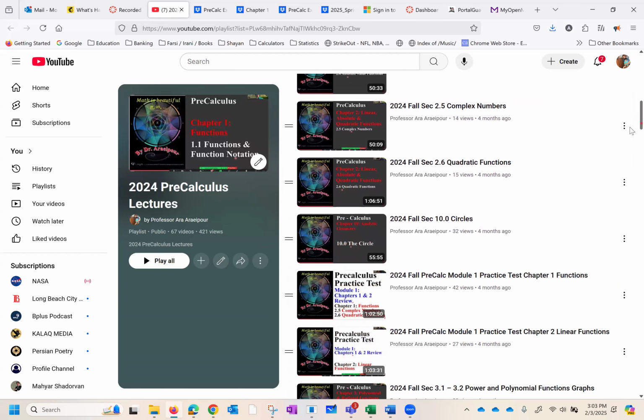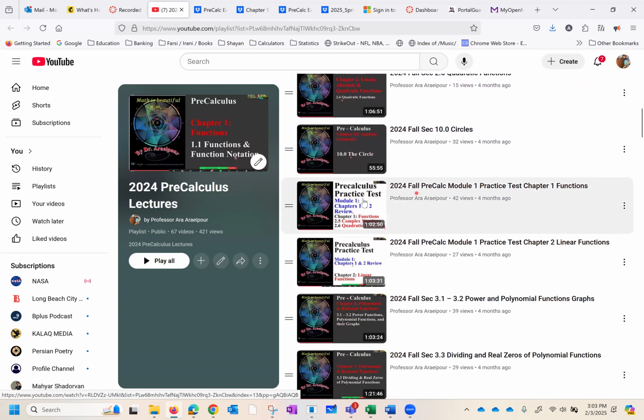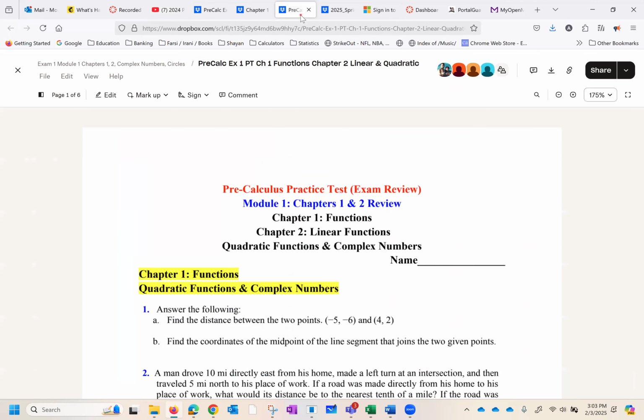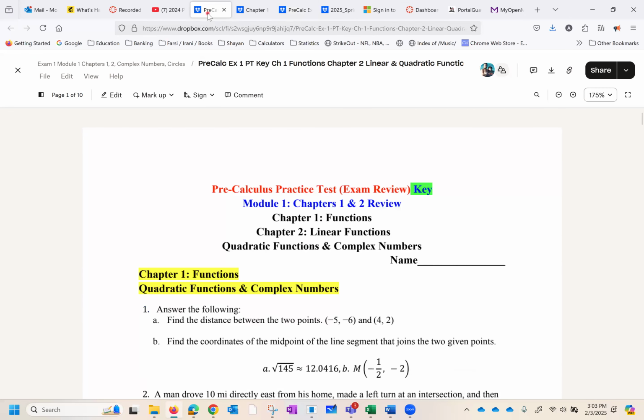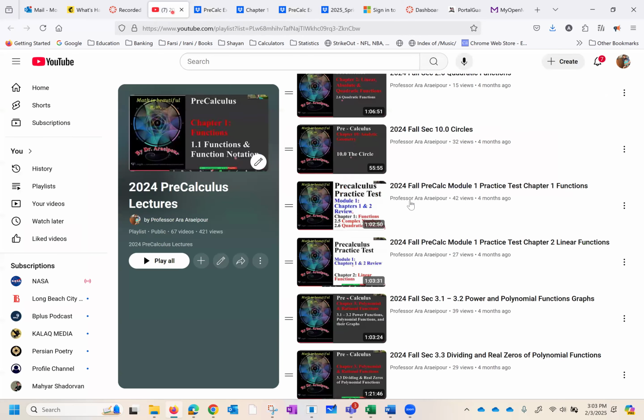As we finish the first module, then we see the practice test. Now, this was the practice test. This was the key to practice test. And now this is the PowerPoint solution step by step to each question.